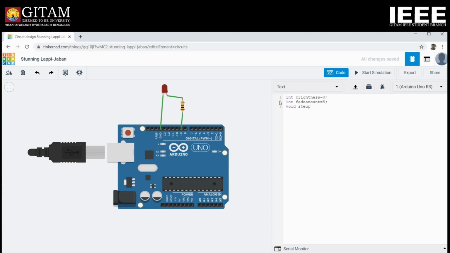And I'm using the setup function here. This statement says that the output should be at digital 9th pin. Now I will start a loop function.